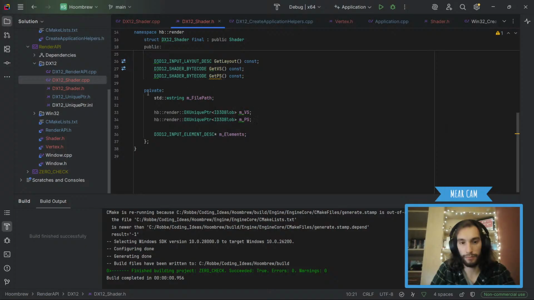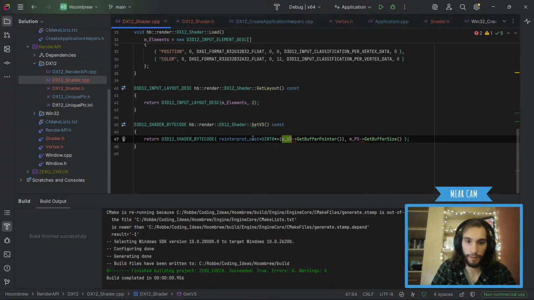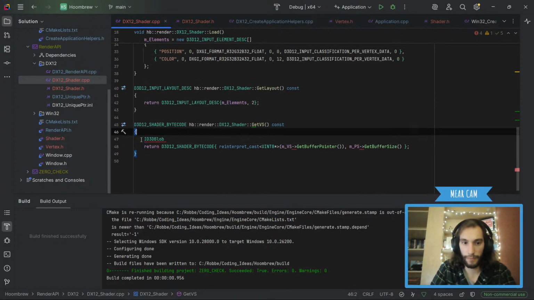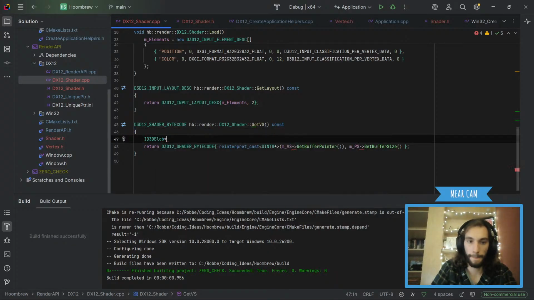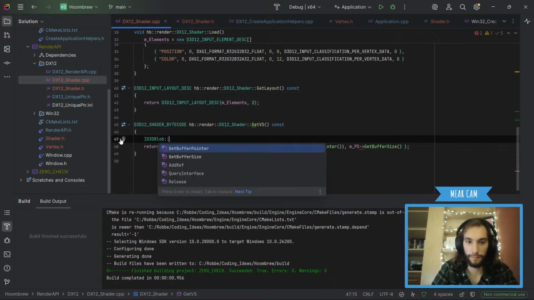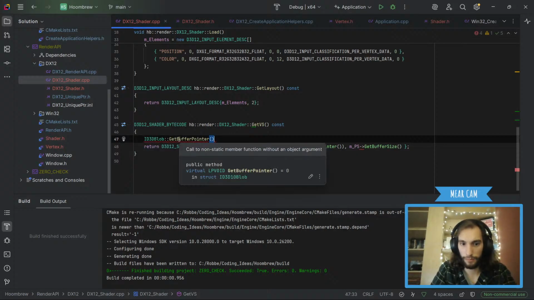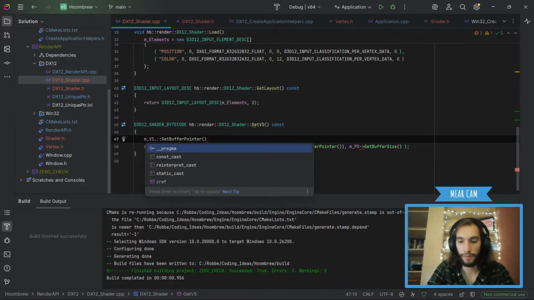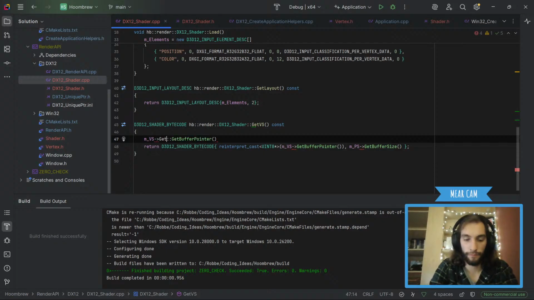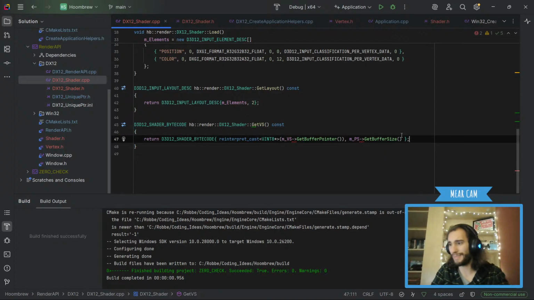Why though? Is this undefined? Oh, no. Get buffer pointer. Yeah, it knows it. Huh? Alright, let's just leave it because I think this should work.